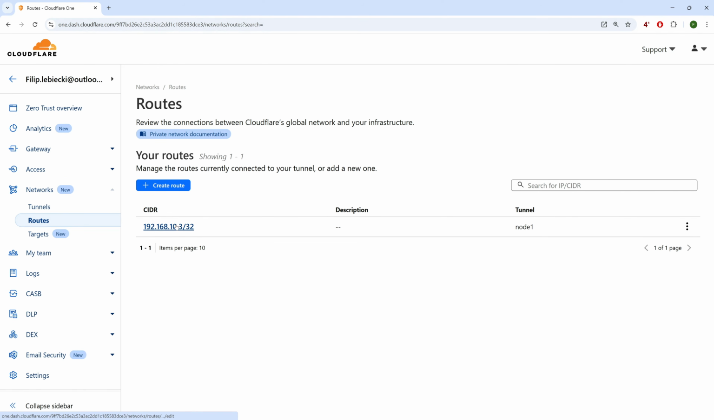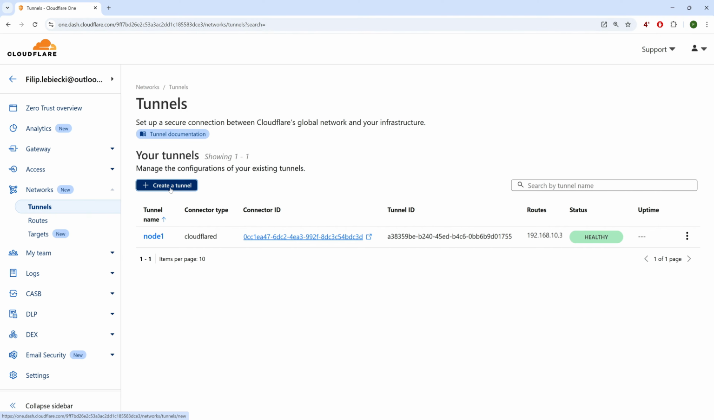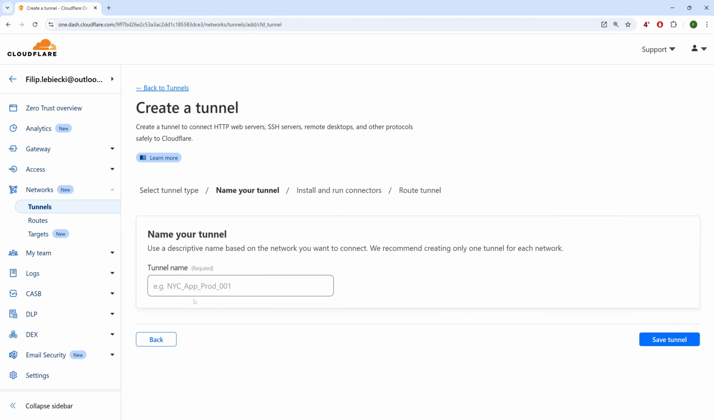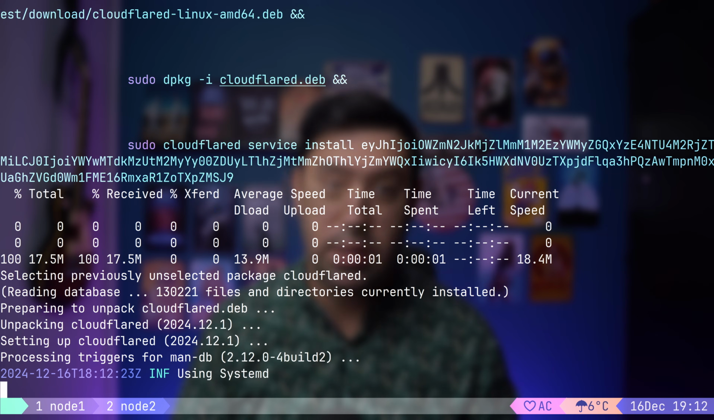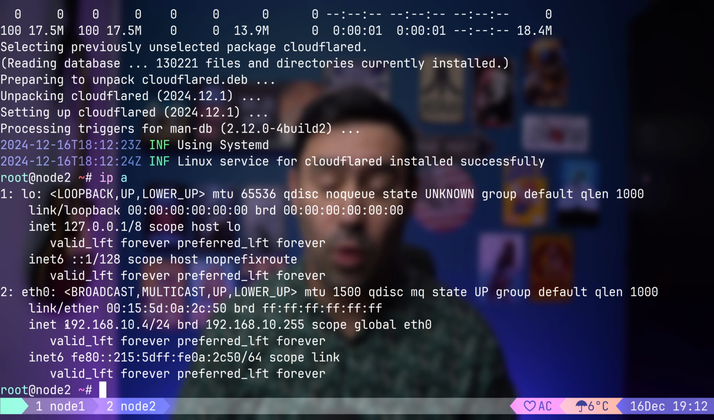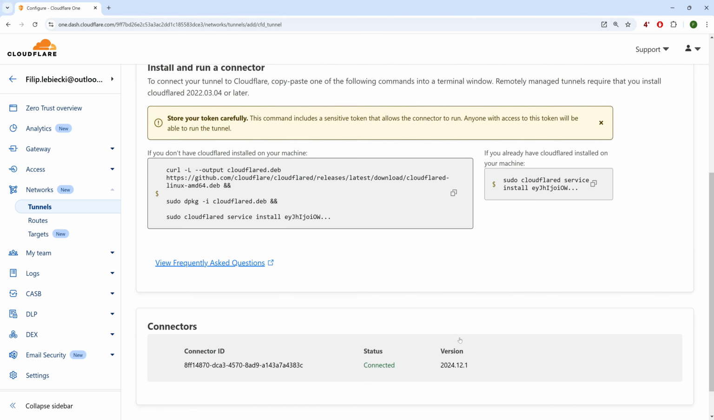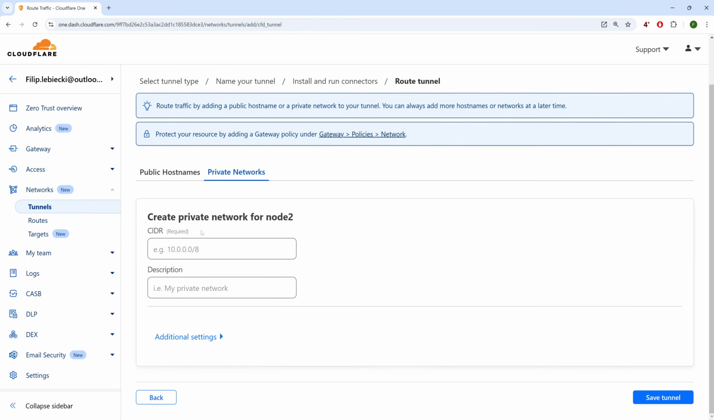Here I can see the route to node 1 IP via node 1 tunnel. Now let's repeat the same steps for the second server. I will go to Tunnels, click Create a Tunnel, and select Cloudflared. I will name this tunnel node 2, copy the installation script, and paste it into the console of the second server. The IP address of the node is 192.168.10.4. Once the connection is established, I will go to the Private Networks tab, add node 2's IP address, and save